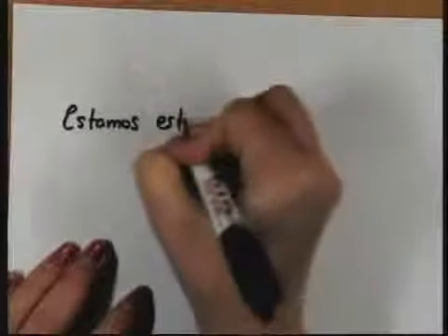Acabamos de aprender el presente progresivo. ¿Te acuerdas? We just learned the present progressive tense. We used the present progressive tense to talk about what one is doing right now. What am I doing right now? What are you doing right now? What are we doing? So just for unos pocos ejemplos. Un ejemplo. Estamos estudiando.